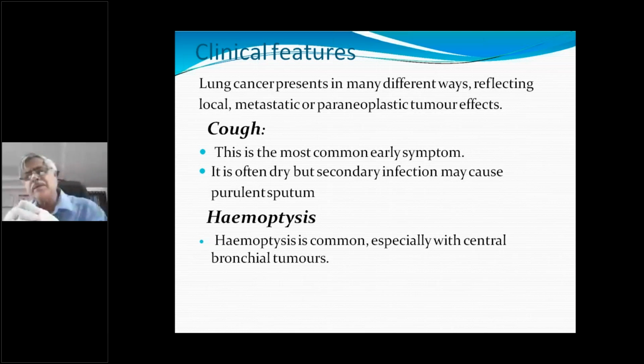But in case of bovine cough, what happened? Because of the paralysis of the recurrent laryngeal nerve, one vocal cord is not closing completely. So it will cause an incomplete cough. Incomplete cough means the patient will not be able to expectorate completely. So that is bovine cough. That is bovine cough, recurrent laryngeal palsy because of the apex tumor. And then hemoptysis. Hemoptysis is also very common.